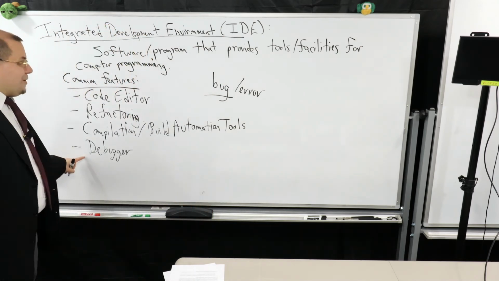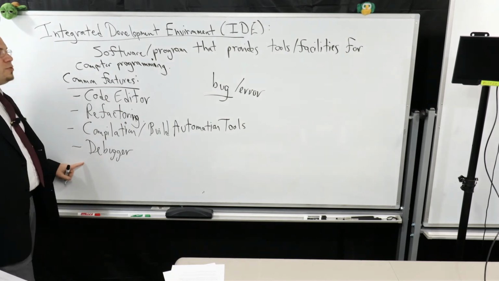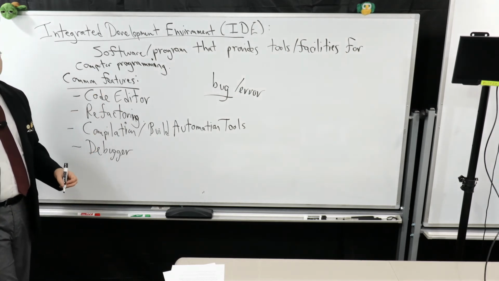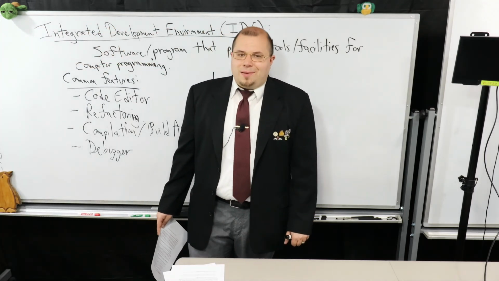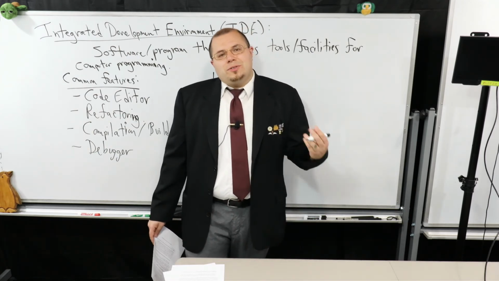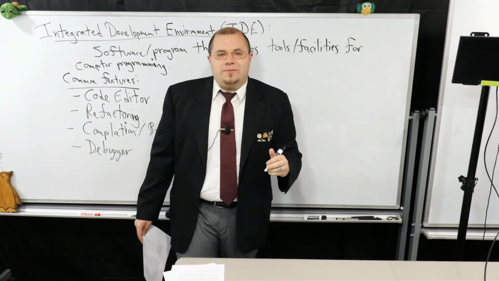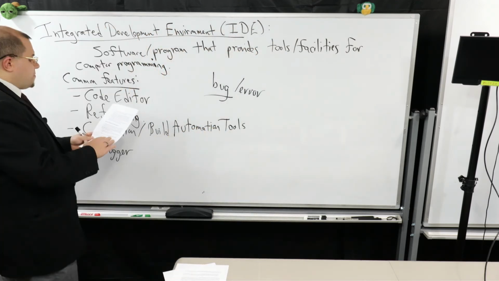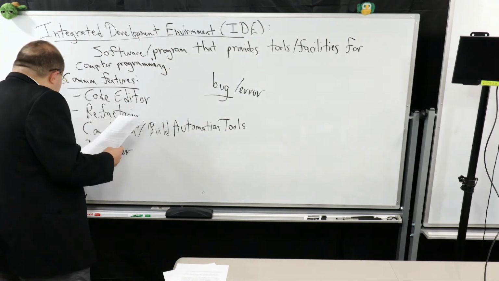So a debugger, as the name suggests, is a tool to help you eliminate bugs from your code. Bugs persist in very complicated pieces of code all the time. So debuggers are a nice tool to help you identify the problem if you see some unexpected behavior coming from the output of your program.